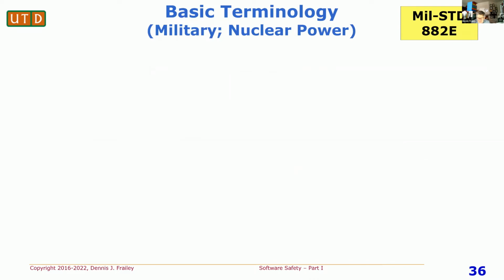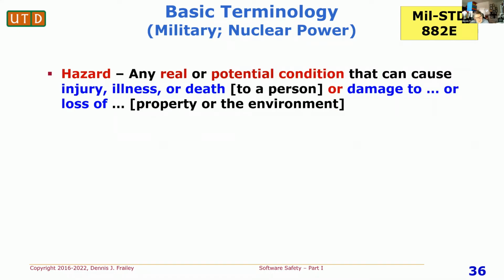So in order to give you a flavor for that, I'm going to go through several of the well-known standards and show how they handle some of these things. And you'll see that there's some similarities and some differences. Let's start with the military and the nuclear power people who have used the same standard, MIL standard 882, for many decades. 882E is the latest version of that standard. And it defines a hazard to be any real or potential condition that can cause injury, illness, or death,